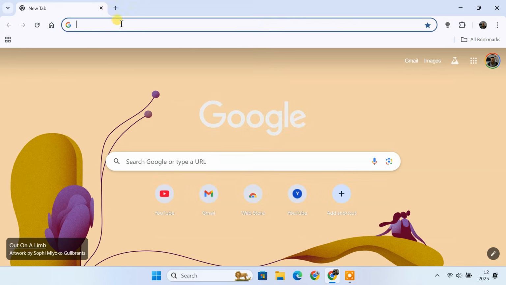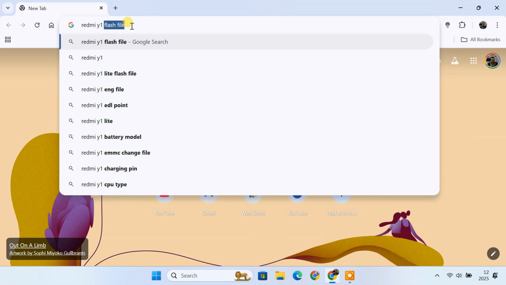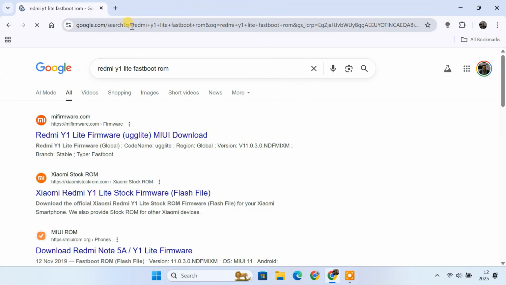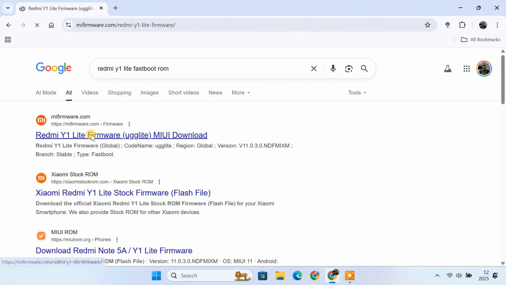For the ROM, open your browser and search for your phone's model, followed by the words Fastboot ROM. You should find Xiaomi's official download page or a site like myfirmware.com.